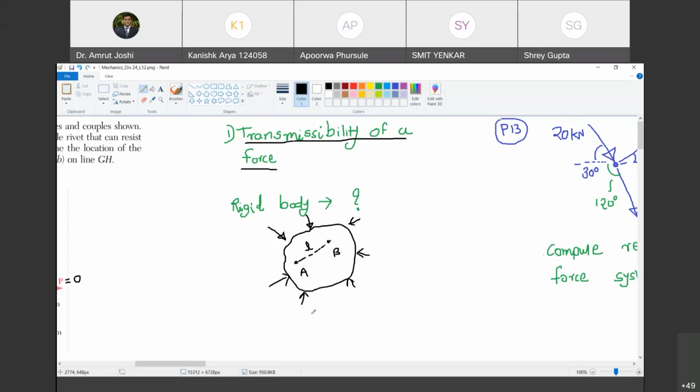What is the condition? Under the action of any number of forces of any magnitude, if the relative distance between these 2 points remains unaltered, then we call the body rigid. Happy? Yes, sir. And these 2 points are randomly chosen points on the body. So if I choose any 2 points on a body and the distance between them remains unaltered under any number of forces of any magnitude, then we call that body rigid. Happy? Yes, sir. Consequence, the body will not change its size as well as shape during the application of various forces. Are you with me?